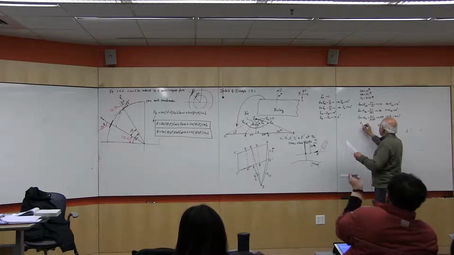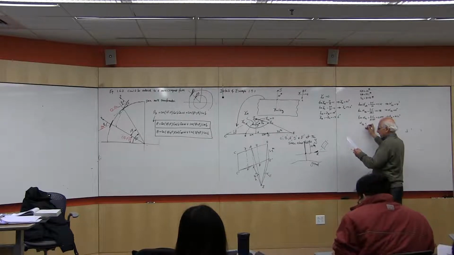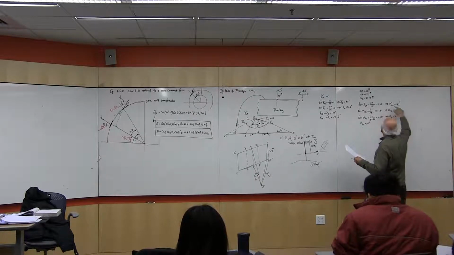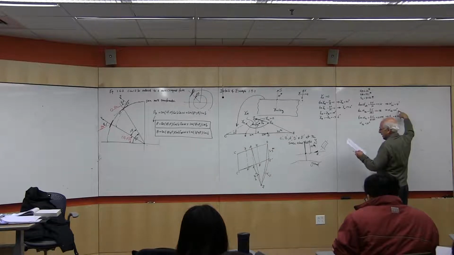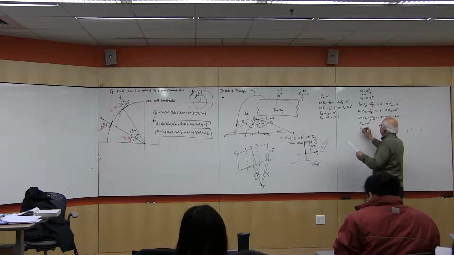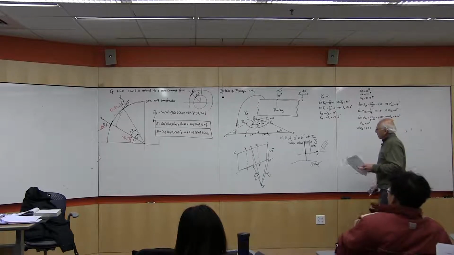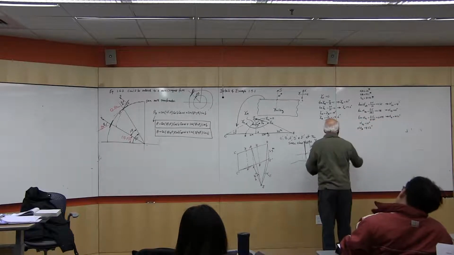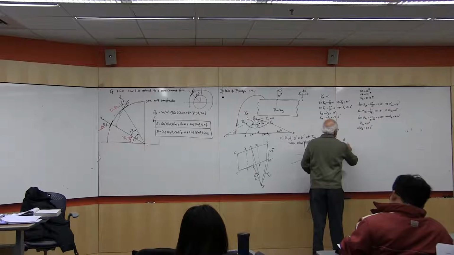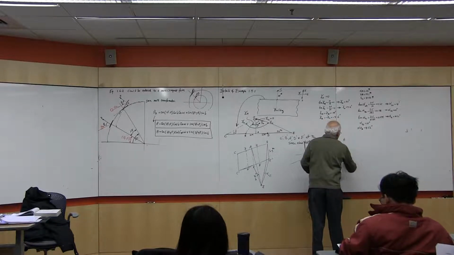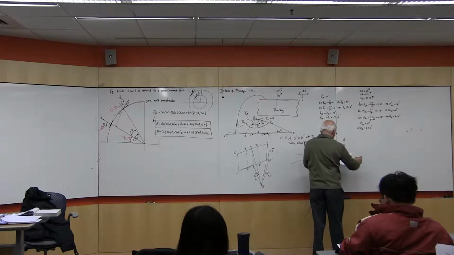And in a similar way, alpha OD is 10 degrees, same as that. And alpha OE is 4.52 degrees, same as that. So now we have a collection of 5 points, A, B, C, D, E, each with